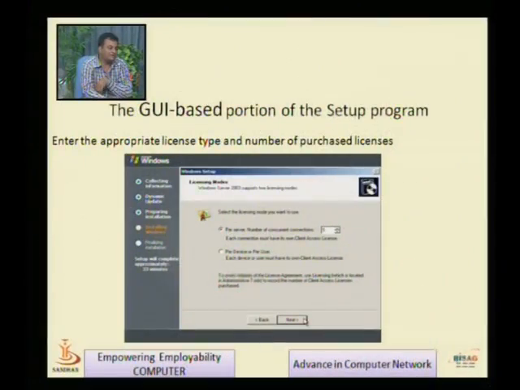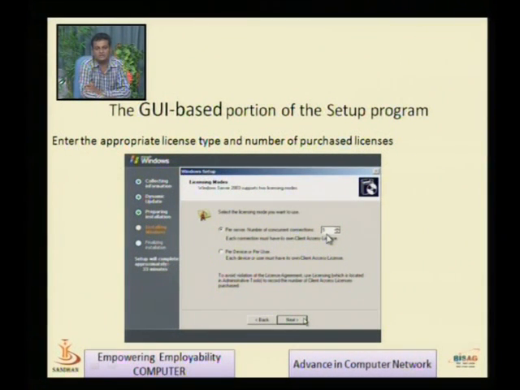If we make it 5, then while my server is running, at a time 5 users can log into the system, isn't it? And later on if I want to add a 6th user, at that time it is not possible. So you have to think before installation how many concurrent users can log into the system. For example, in your computer lab 60 machines are there and you want 60 users to be logged into the server at a time, then this value should be more than or equal to 60. So you have to decide well in advance how many concurrent connections you want to keep open.